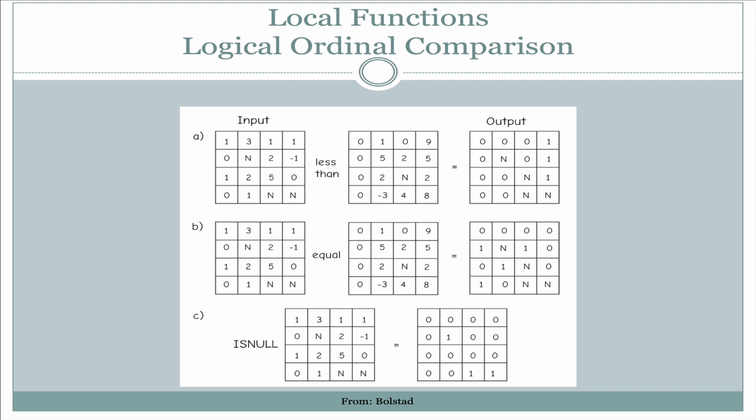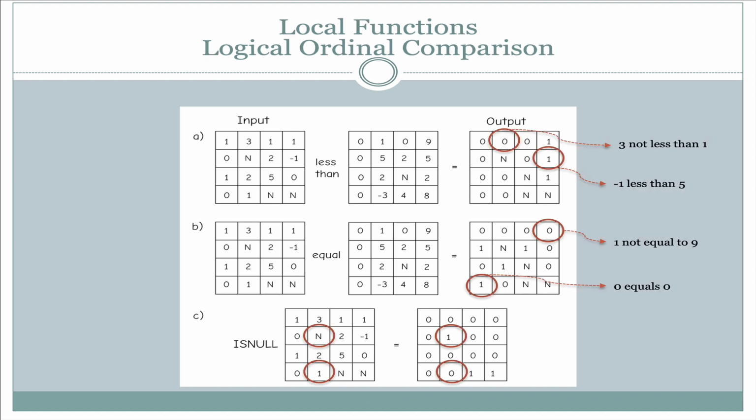In this example here, we see the example of less than, equal to, and is null in the top, middle, and bottom rows. And just to go a little more into the details here, if we look at the top row where it's less than, we look at those two examples there: 3 is not less than 1, so we would get a value of 0 there. But in the second example, -1 is less than 5, so we get a 1 there. And of course, if there is a null in either of the input layers, it comes through as a null